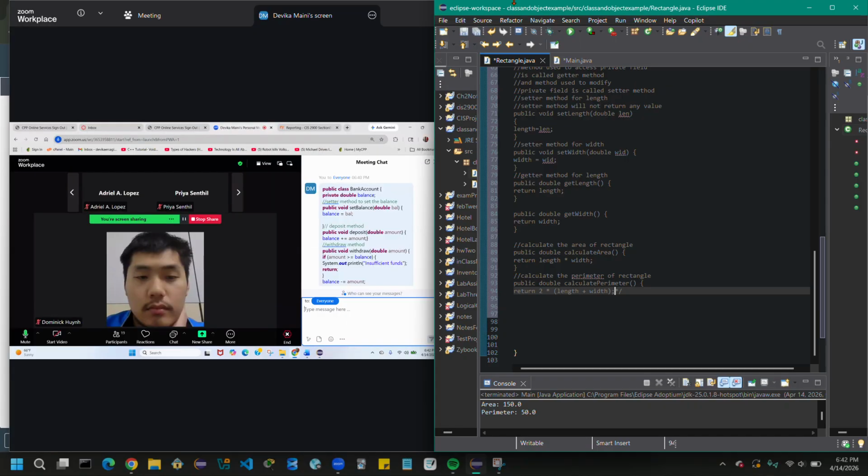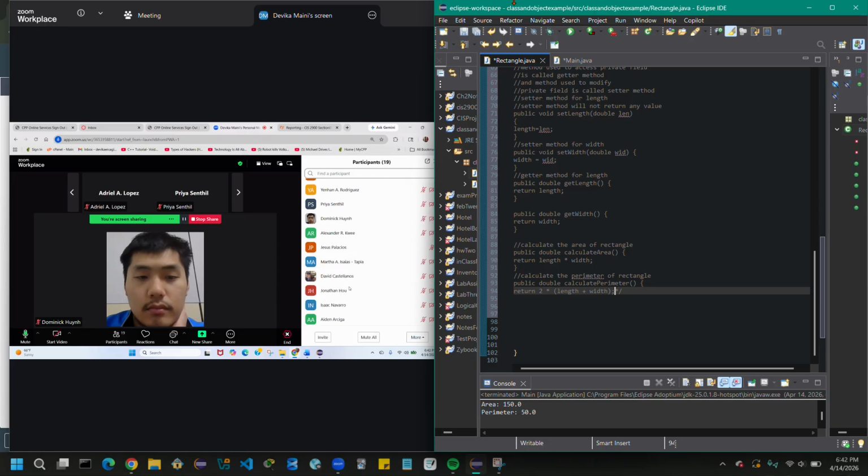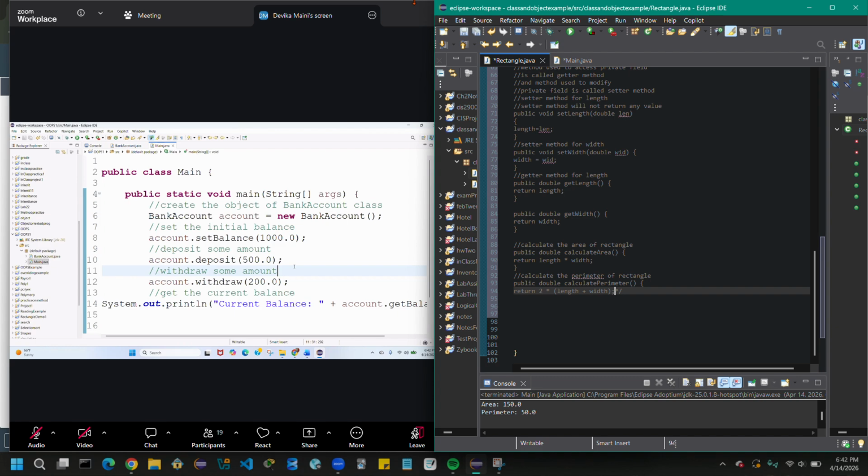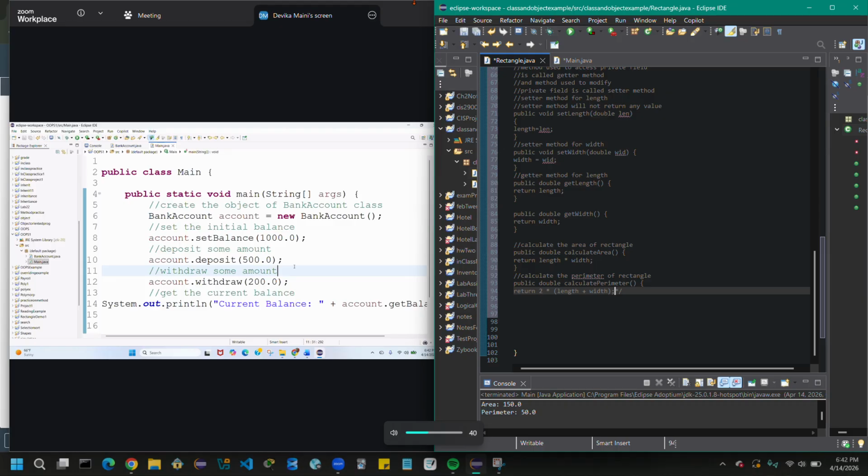So make sure you guys save this program. You know why? Because we're going to use it on Thursday class and going to add on stuff to both the programs, the rectangle one and the bank account one. Okay. So my request is to save both the programs so that it's easy for you to make some changes. So that's all from my side. I'm going to publish your homework from whatever we have done so far, and we are going to continue on Thursday class. And if I get time, I'm going to have in class lab. At least I want you to practice one program and then move to the next step.